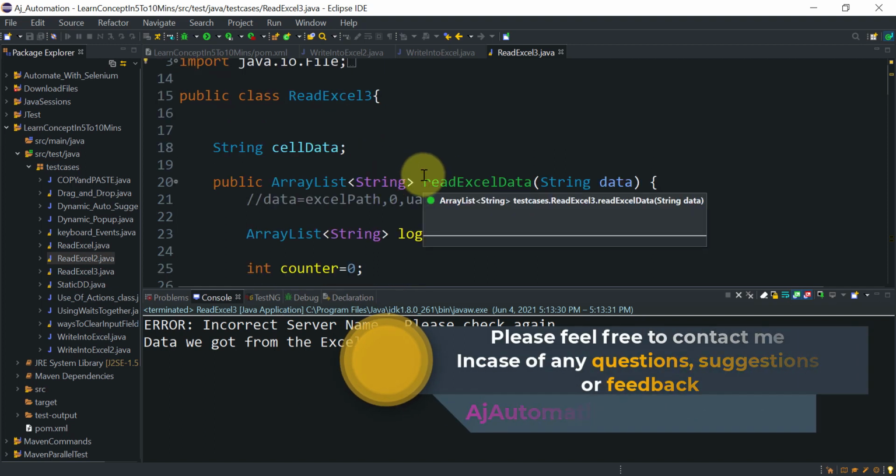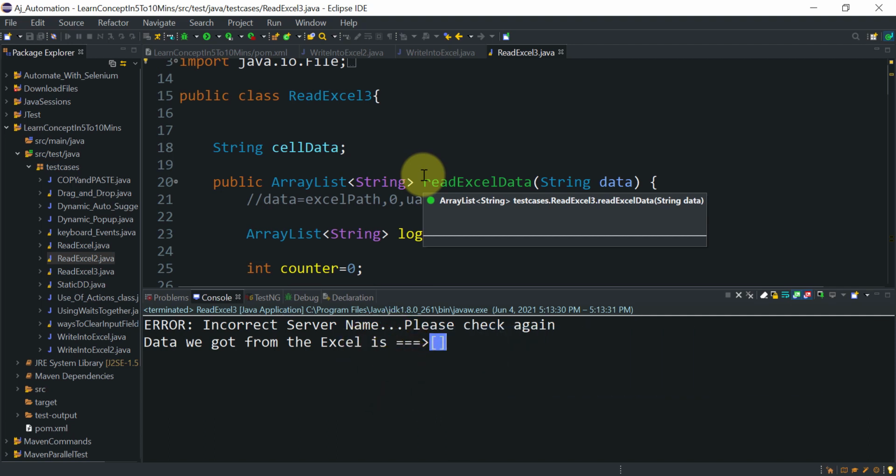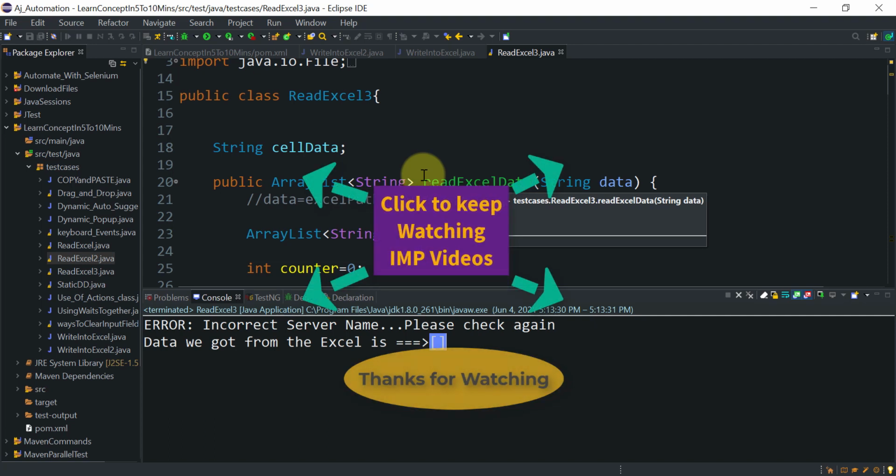So this series is all about reading and writing the Excel. That is a separate playlist I have created where I am covering all the read and write operations for the Excel and CSV files. You can directly go into that playlist and watch the videos. There are more scenarios to cover in this read and write Excel topic. Today we saw a simple data driven example: how to read URL, user ID and password, which are dynamic and depend upon the server name, from the external files. I will try to cover the same type of scenarios in coming sessions for reading and writing the Excels.